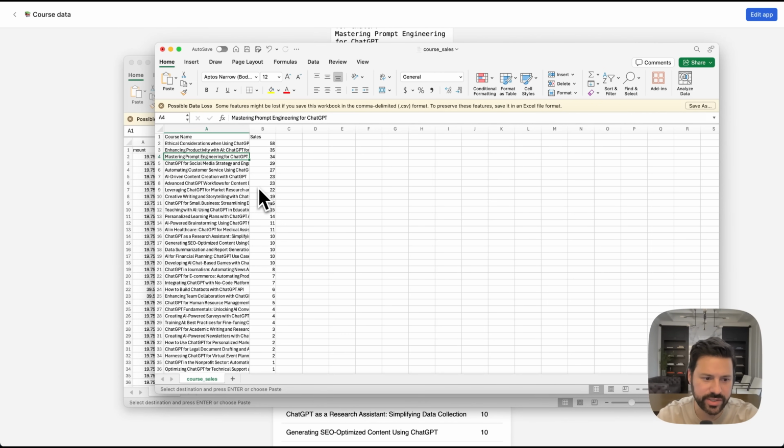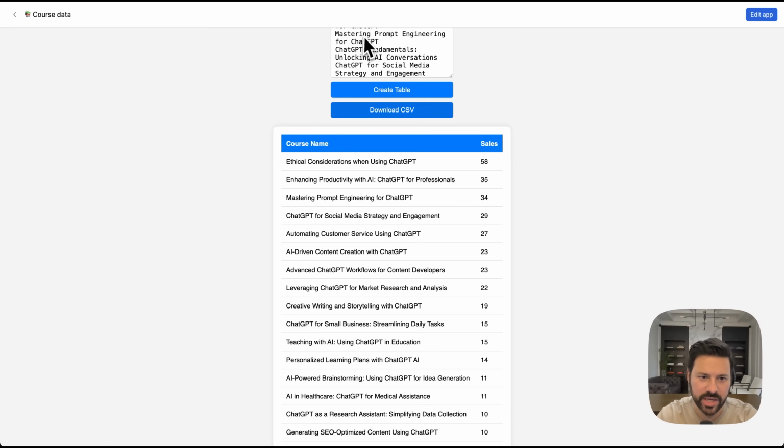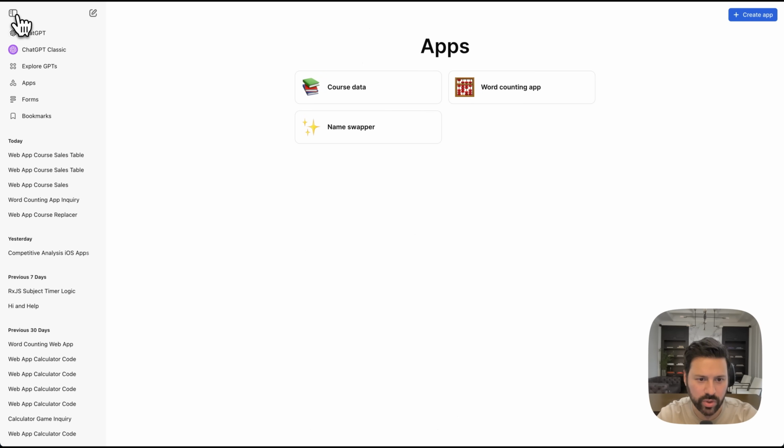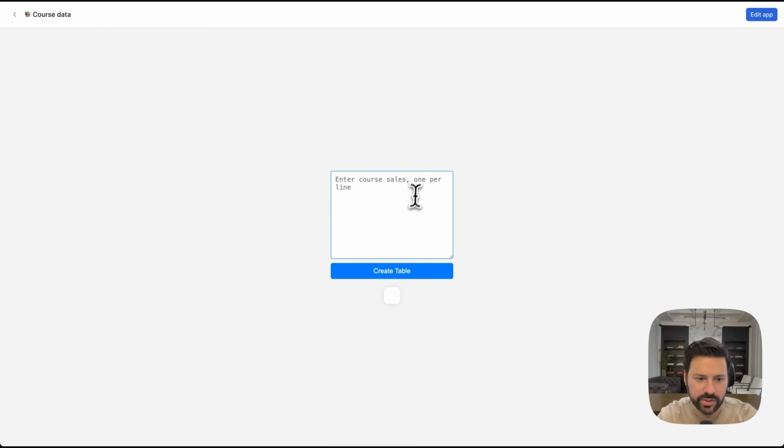You could add pie charts into here, anything you want. You can download the data, you can slice and dice it. It's a very powerful tool that I'm actually using on a regular basis. And the best part is that you can reuse this app day after day. So if you had more CSV files, all you have to do is you have this course data app, put in here, you can paste in your data,